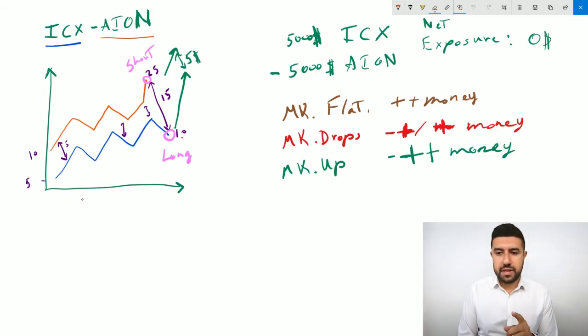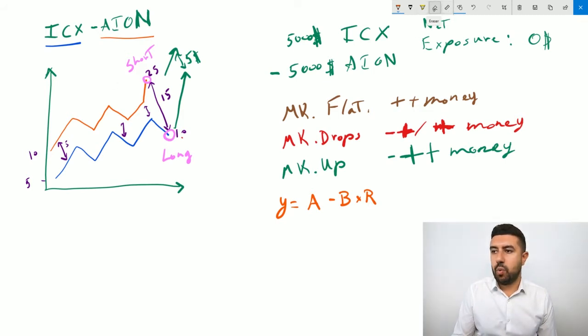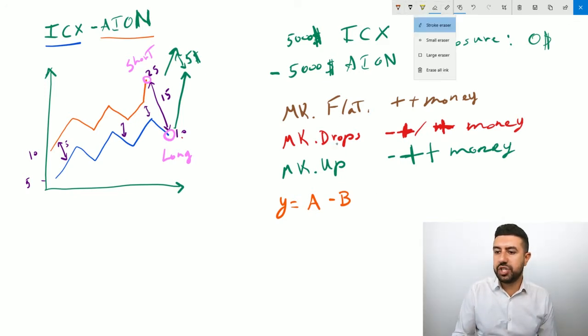So to analyze pair trading, there's a function we use, okay? And this function is going to be like this. It's going to be Y equals, let me just get this on here. Y equals, and then you have your first coin, so I'll call it coin A, minus your second coin, which is coin B, times the ratio of these two coins, okay? Now, why is that? Because if I don't have a ratio and I just have coin A minus coin B, then in this situation,